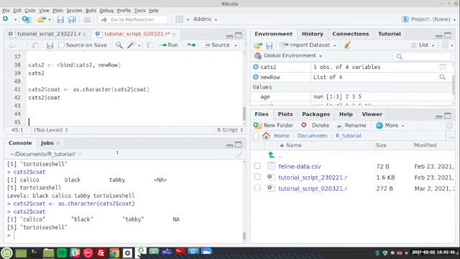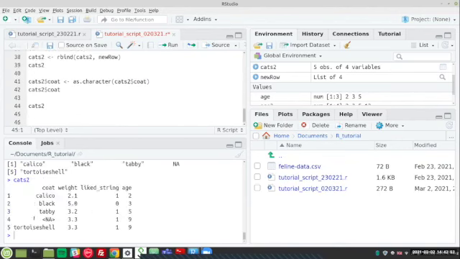Okay, so what if we wanted to remove a row? So let's say that fourth row now, it's a mistake, right? This fourth row was a mistake and I want to get rid of it. We can do another example of subsetting. We already looked at subsetting last week briefly, so let's try that. So if you remember, to subset from a data frame or from a vector, we use the square brackets. And then for the case of a data frame or a matrix that has 2 dimensions, the first element we write is always referring to the rows,